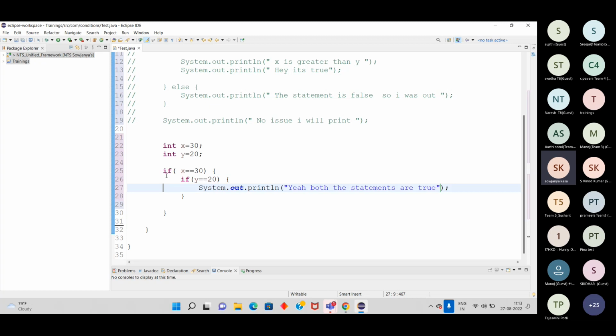First it comes to this condition and checks whether the condition is true or not, and it again goes to the second condition. As we have taken x is equal to 30 and y is equal to 20,